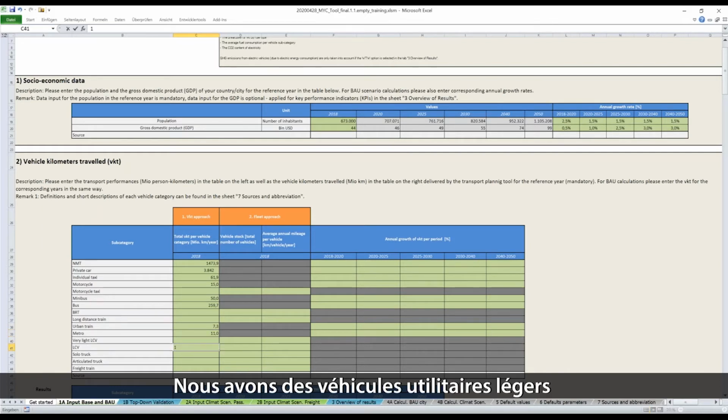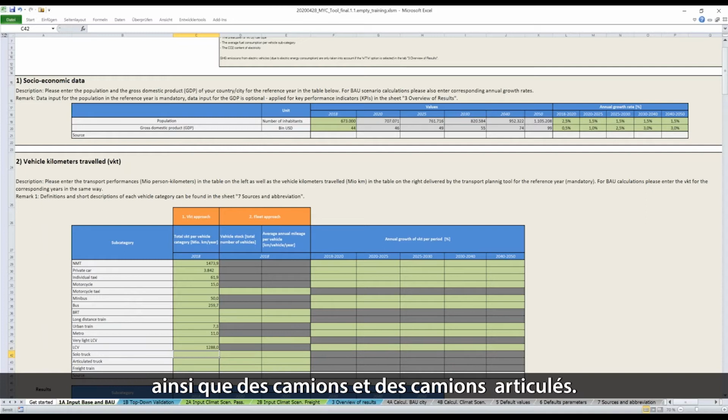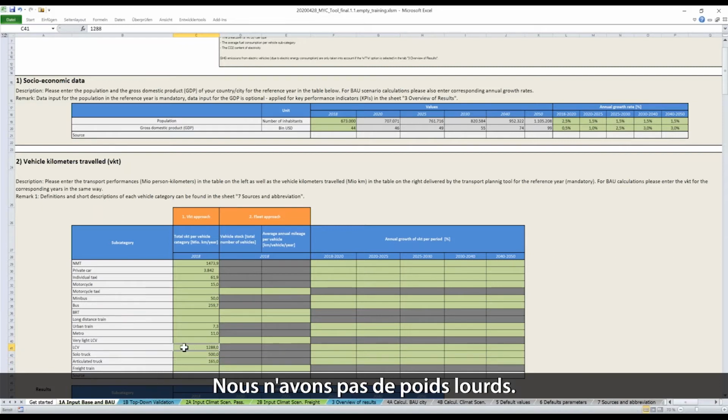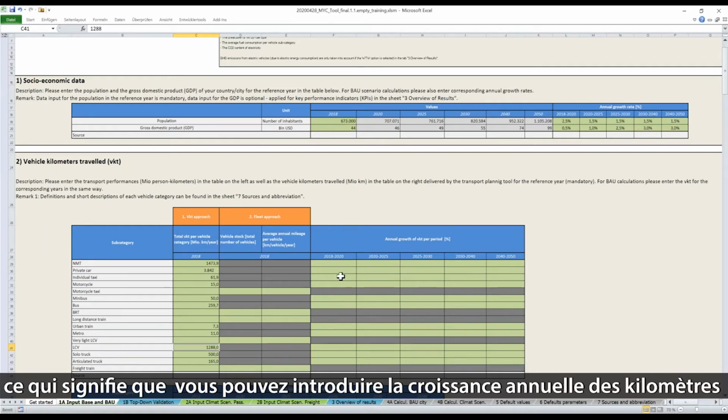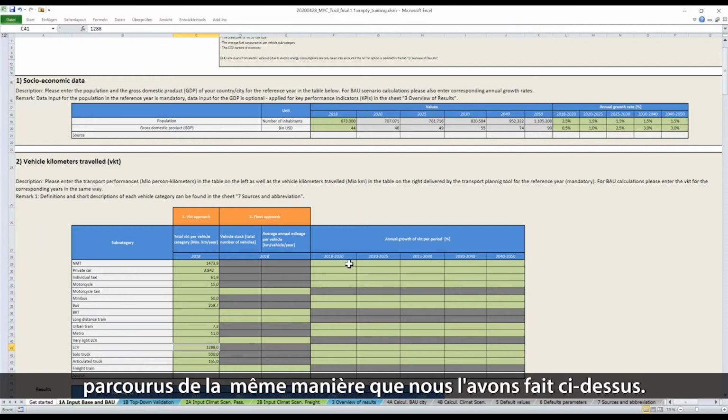And on the freight side, we have light commercial vehicle, as well as solo trucks and articulated truck. We don't have any freight. You can see that this part went green. That means you can now enter your annual growth of mileage in the same way as above,